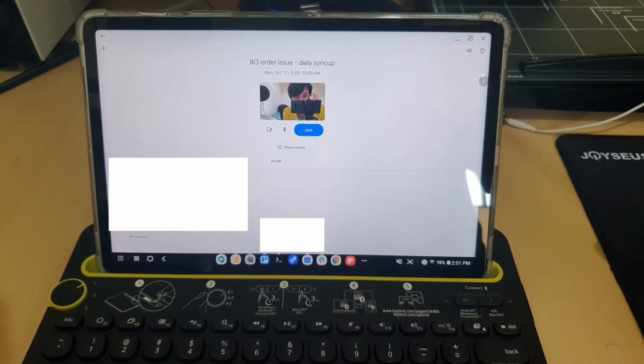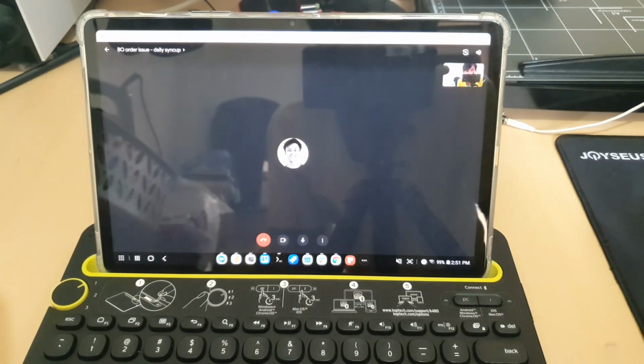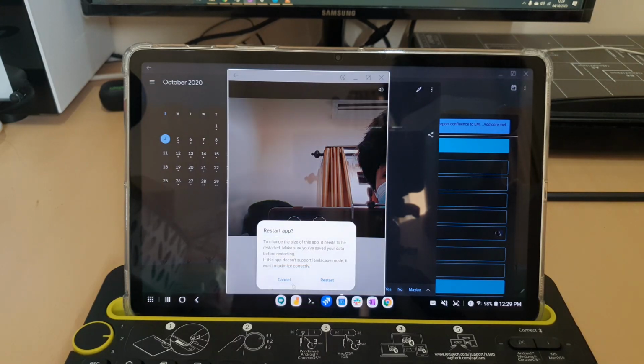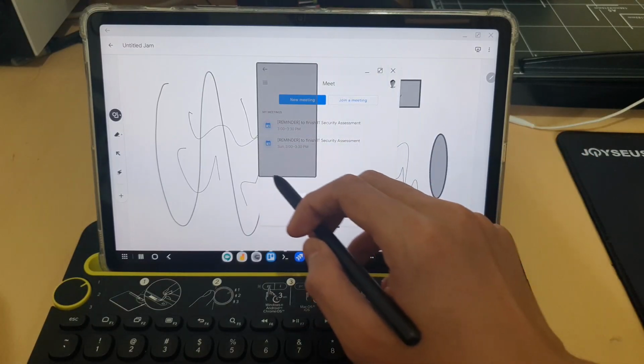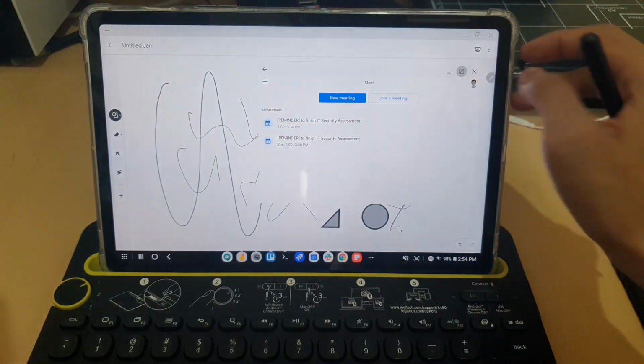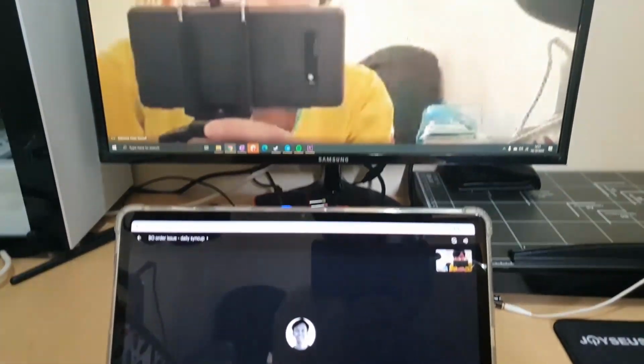Next is my main conference app. It is Google Meet. I am really upset that some of the features that I use are not available on DeX mode. When I used it for the first time, full screen was not available by default, but suddenly on 9 October, it became a grid. I can resize the window and make it full screen. I'm not sure why this got fixed, because the last update was 21 September and I activated auto update.